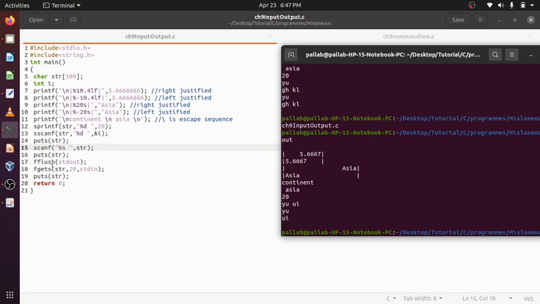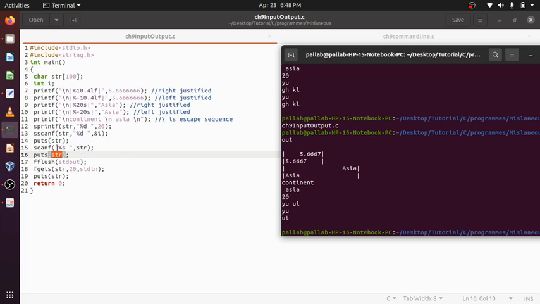Now I have given fflush(stdout). Flush means everything will be flushed out, but I don't know why things here didn't work. In this machine things are not working. I myself don't know, but it is giving the output as star, and this scanf with star is taking only yu. Put star yu, and after that whatever is left over, ui, is taken by fgets. Okay, and then it is outputted as this.